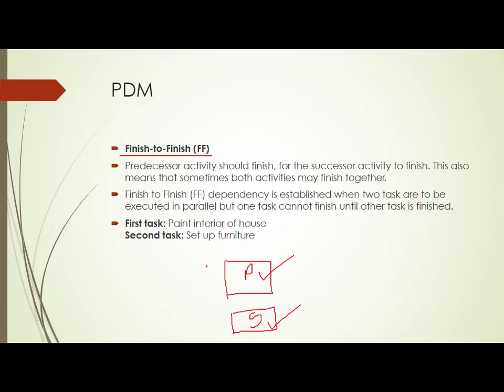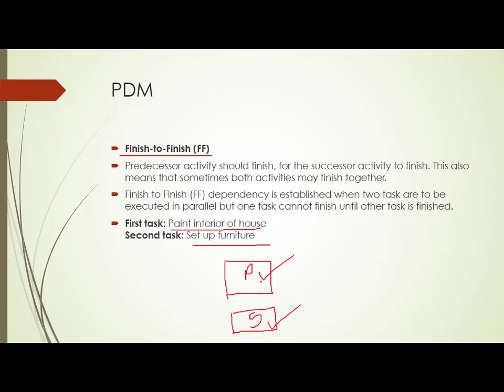See, let's take an example of painting the interior of a house and setting up the furniture. Very good example this is. Activity 1 is painting the interior of a house. Let us say you have a project where your house has 4 living rooms and 4 bedrooms. Now what do you want to do? You want to paint the house. After painting the house, you want to bring the furniture into your living area.